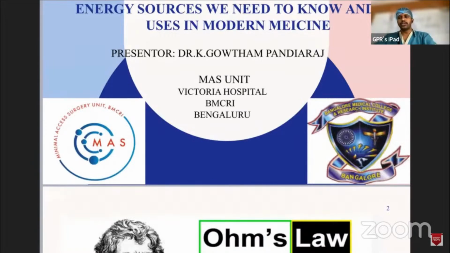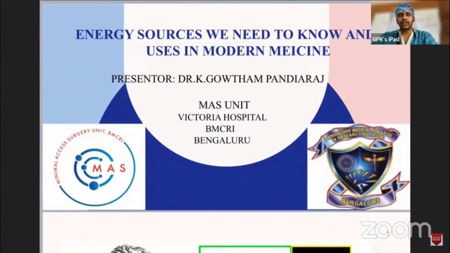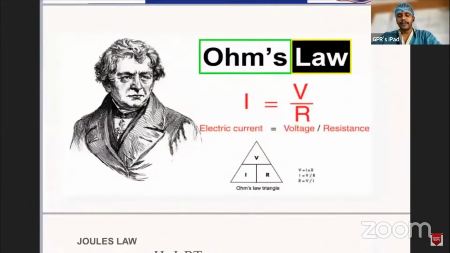If there is no resistance or low impedance, in other words, the flow will be more. Compare salt water to normal water, something like that. Similarly, fat tissue transmits current in a much lesser manner when compared to nervous tissue. So we have to understand this before we go into anything else.